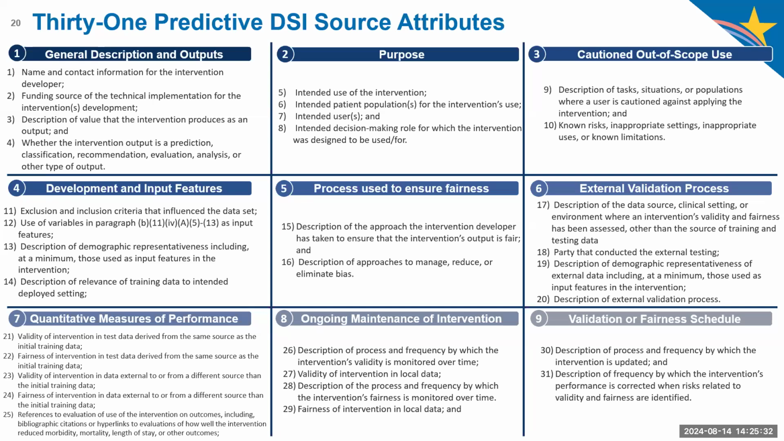This is the purpose of the intervention, for example. We've included 4 specific source attributes, which would be the intended use of the intervention, the intended patient population, intended user, and intended decision-making role. And each of these items we described in the proposed rule as those that should be included in reporting